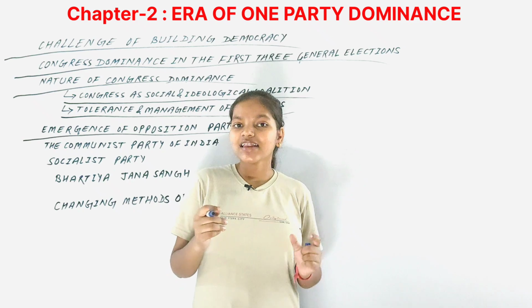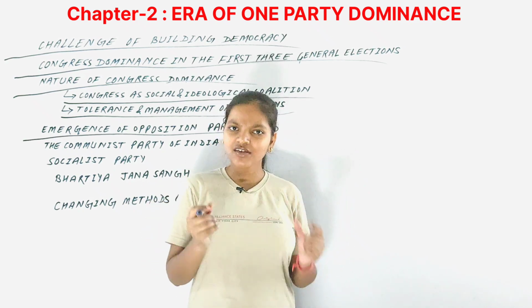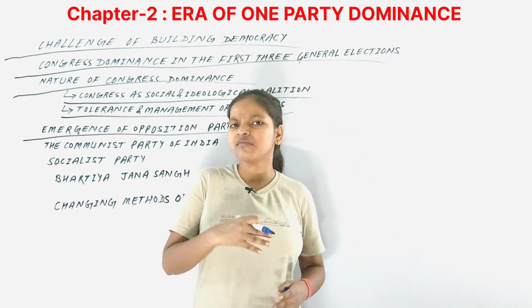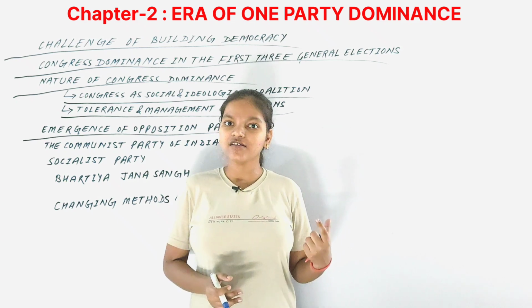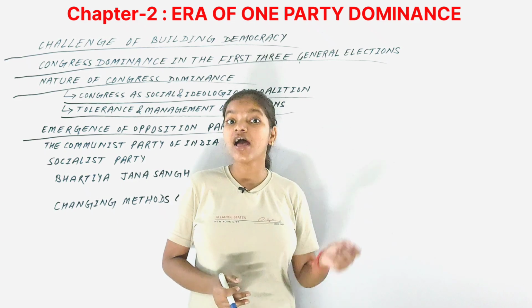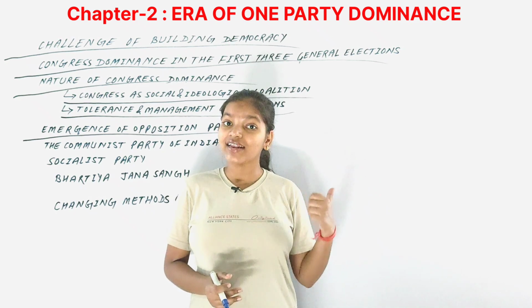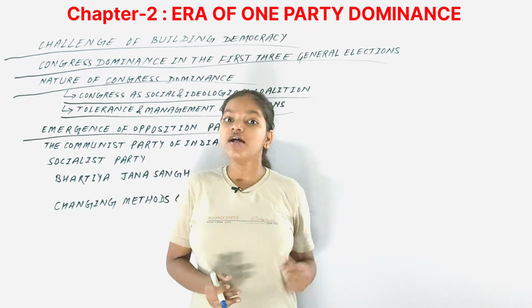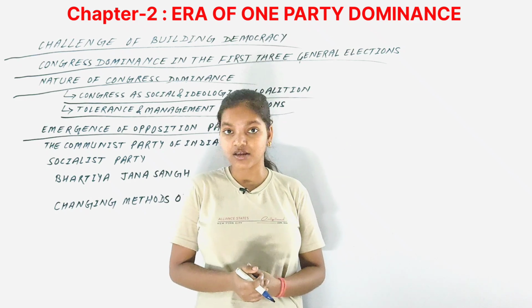Secondly, we can say that all the major parties of today's time that we see on the news, as you might be seeing that at the time of election there are many parties that are campaigning, all those major parties of the present era have their origins from the opposition parties of the 1950s or 1960s, one or another. So they trace back their origins to those opposition parties.